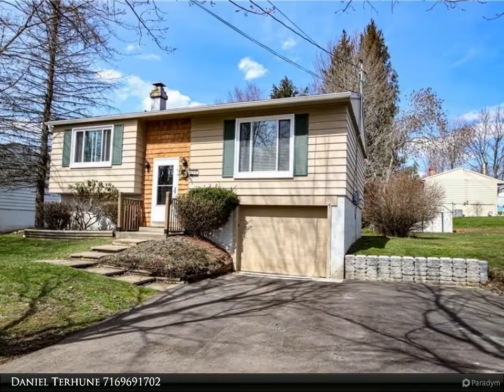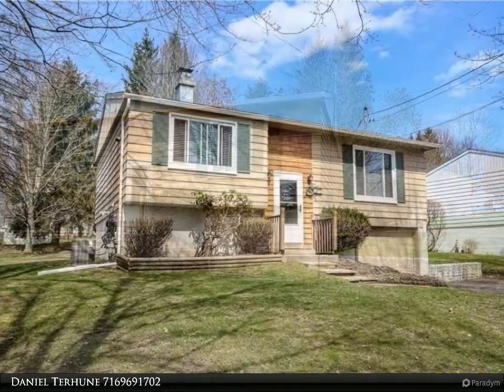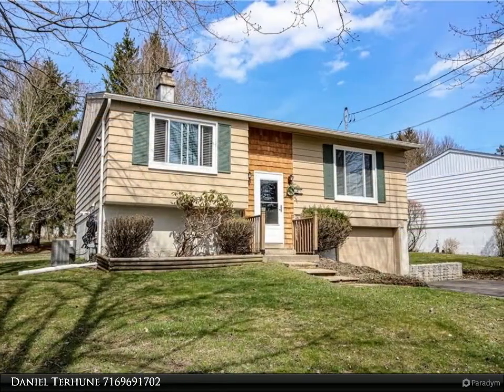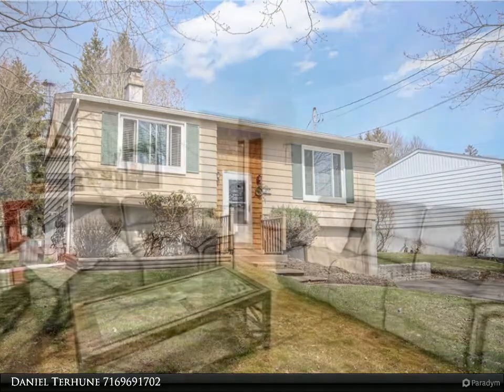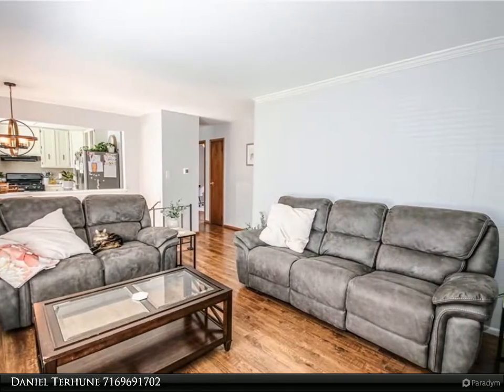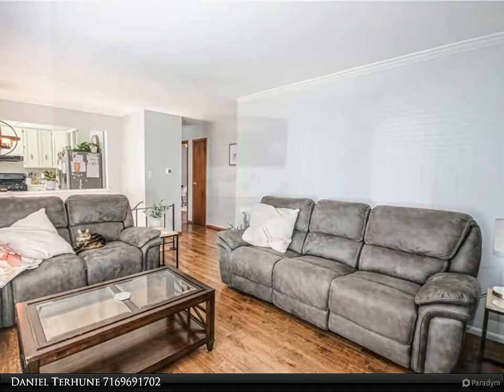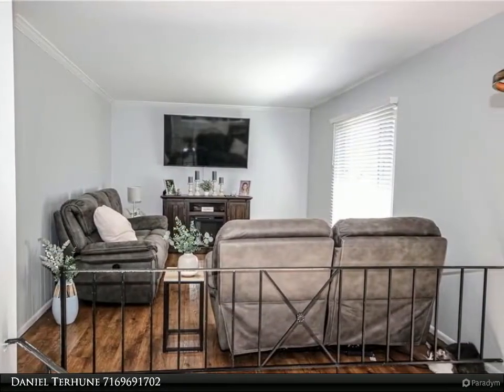The owner of this house has updated thousands of dollars of items in this home in the last 2 years. Please see the attached form titled Seller's Additional Information. New 200 amp electric service and updated wiring that was incorrect, new forced air furnace with central AC, 2 new bay windows in the front of the house, new electric hot water tank, new Leaf Guard system on the gutters,